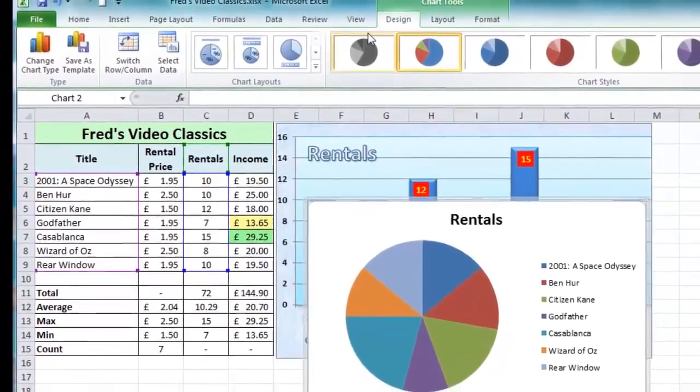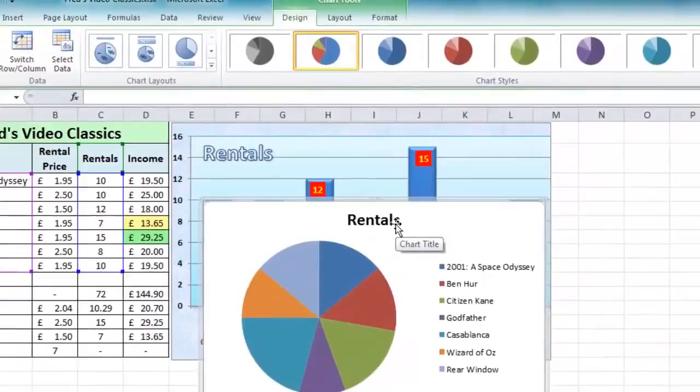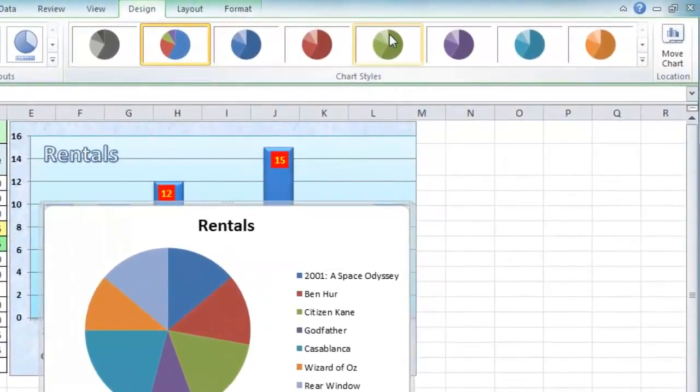And you'll notice at the top of the screen, the menu area, that the chart tools appear, and we have three new tabs: Design, Layout and Format. Now the first thing I'd like to do is move my chart to a new worksheet, and previously in Excel 2003 that was part of the wizard. In Excel 2007, 2010 and 2013 it's built into the ribbon. So what you need to do is make sure that the Design tab is selected on the Chart Tools section, come across over to the right and you'll see Move Chart Location,